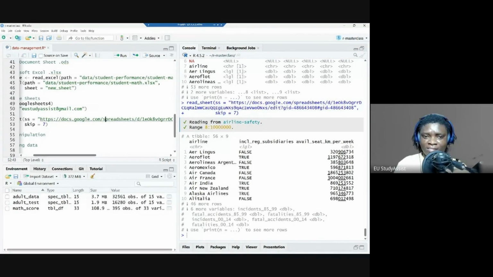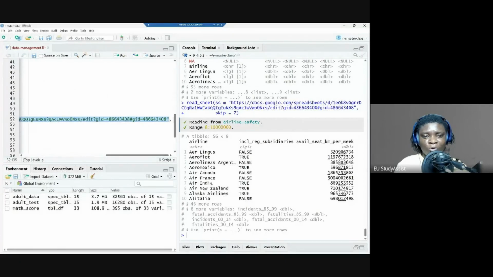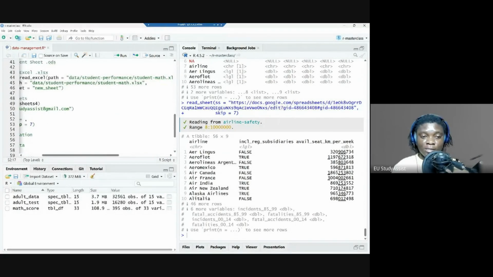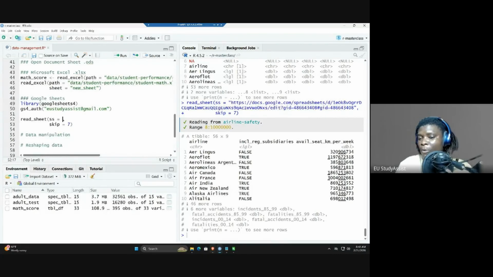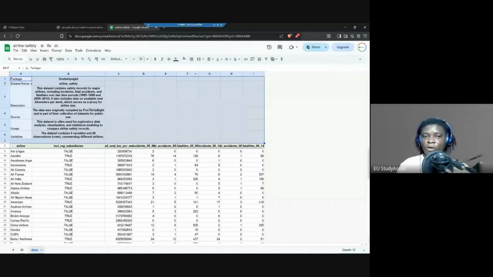But look at this. You see how long this is? Long and ridiculous, if you ask me. So I'll just delete it. So the other way we can import this, instead of using that long version, is to come back to your browser and you check the URL. If you look at this place, you have Google